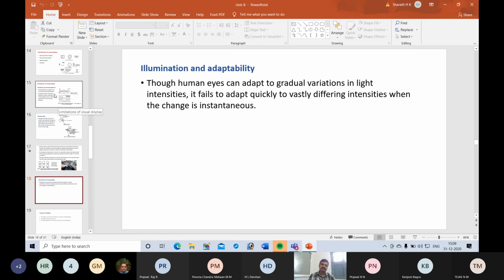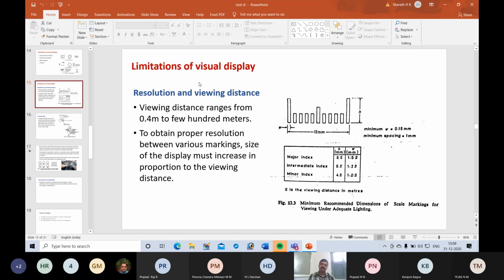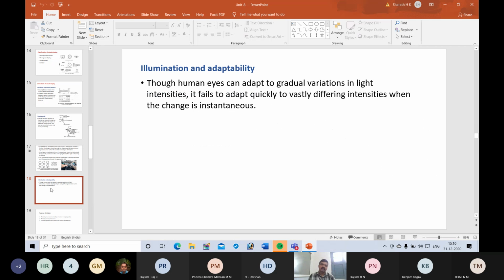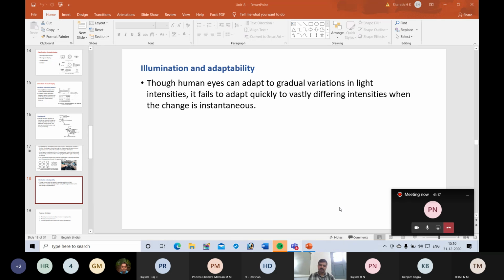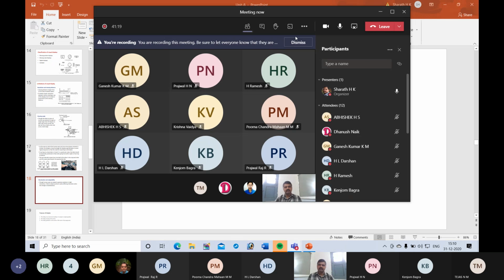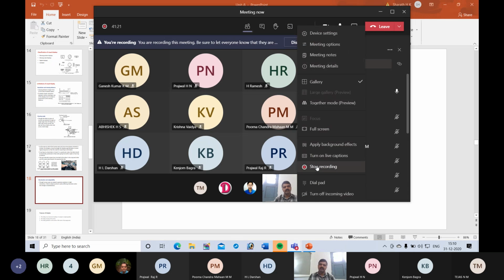So these are the challenges. You can consider these as limitations or demerits of visual display. Resolution and viewing distance, then viewing angle and illumination adaptability. These are the limitations of visual displays. Okay, so there are two topics remaining in this